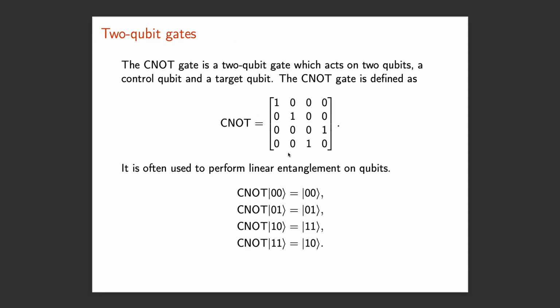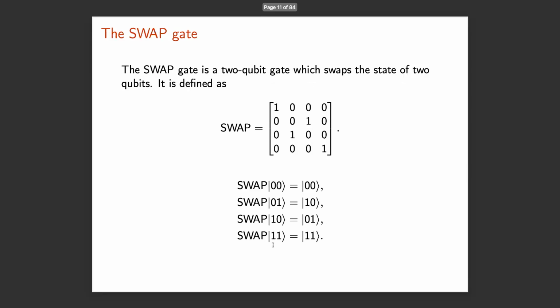So these play the same role as universal gates in classical computing, where the NOT gate and the NAND gate are the essential building blocks. And these gates act on the second qubit in this tensor product of 0, 0, 0, 1, 1, 0, and 1, 1. And similarly, we have the swap gate, which acts only on the 0, 1 and the 1, 0 state. And this is a typical state which we can make by entangling